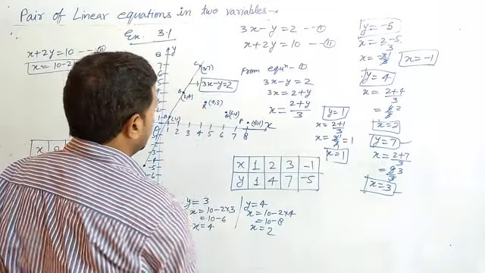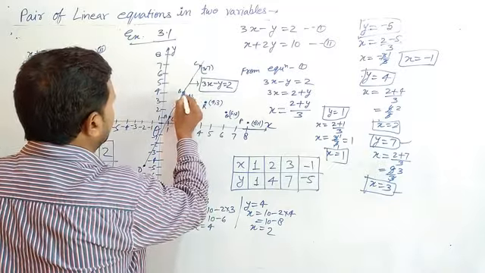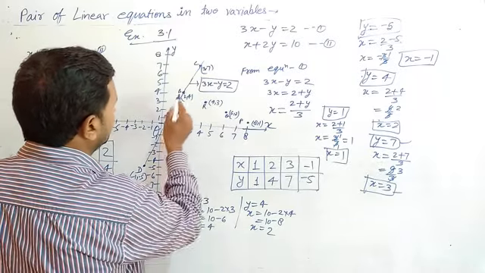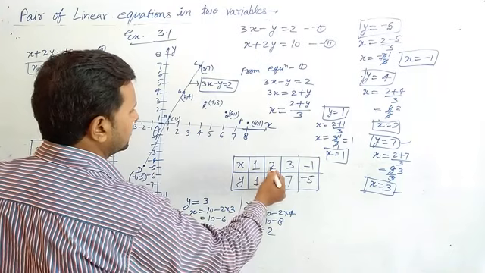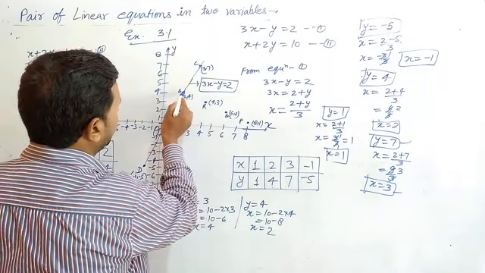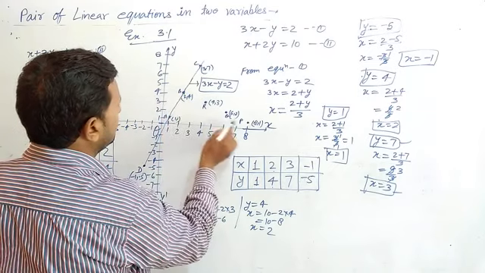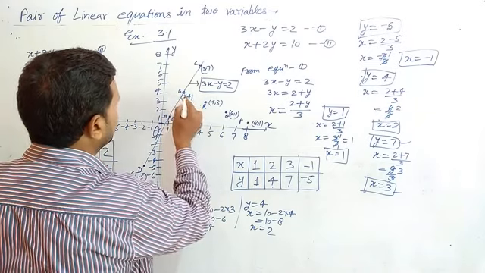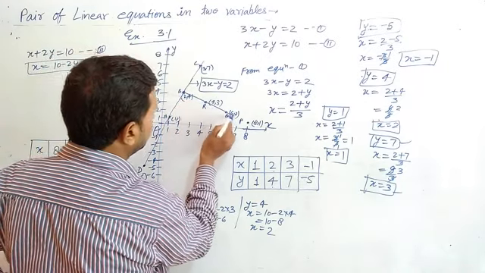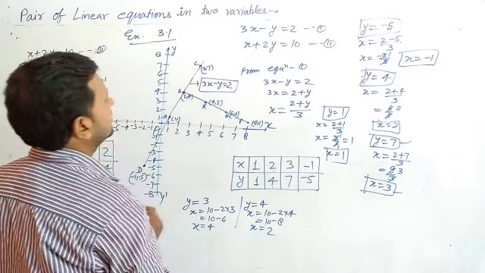Okay? This point is common for both the first equation and the second equation, because here also x is equal to 2 and y is equal to 4. It can be common. It's right. So here P, Q, R, S. This point is R, S, but it is common to both. So don't write it twice. And we can meet at this point.